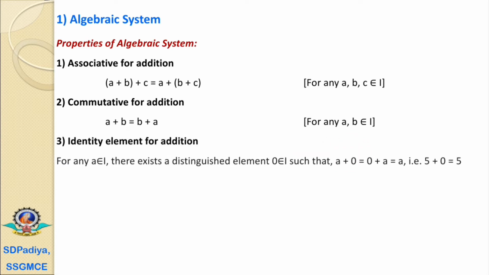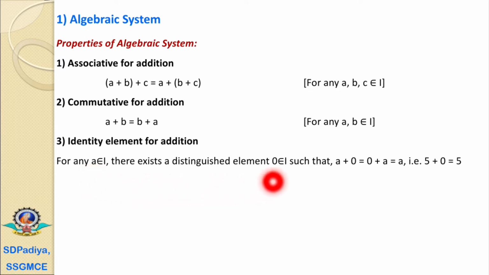Third is that for the addition operation, the set of integers has an identity element. What is the identity element? The element that, when we perform the operation with any number, has no effect on that number, we call an identity element. Let's have the example that for any a belonging to I, there exists a distinguished